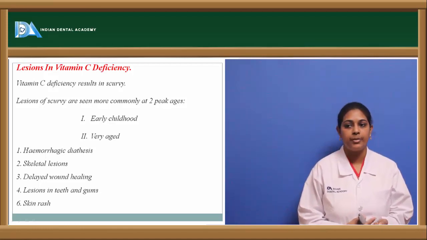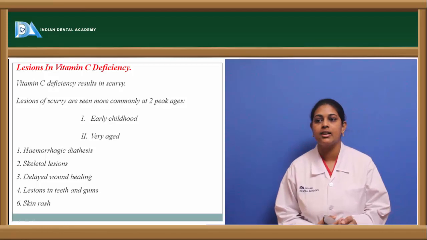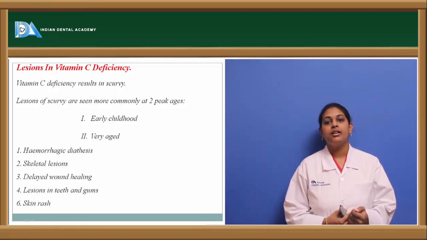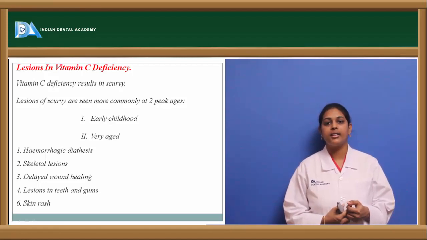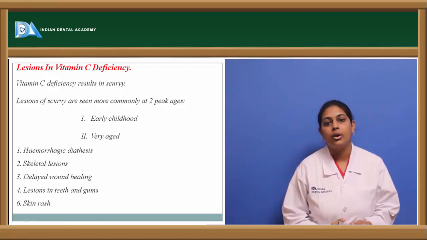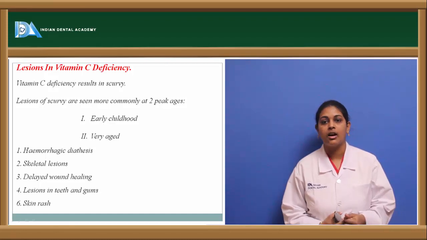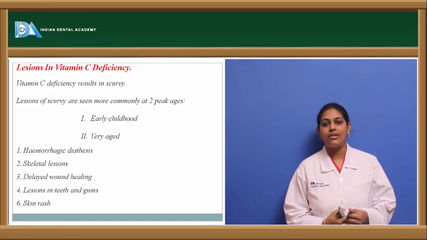So the lesions associated with vitamin C deficiency include hemorrhagic diathesis, that is, it helps in maintenance of certain blood physiological functions. So any deficiency might result in hemorrhagic diathesis. Other than that, it also has a role in skeletal lesions, in delayed wound healing, as well as lesions in teeth and gums, where we see patients affected with hypertrophy as well as